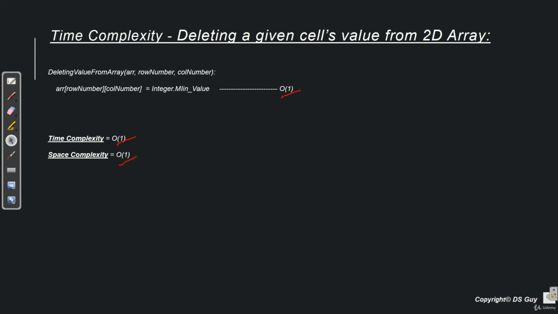Fine. So in this video we have learnt what the common operations are that can be performed on a 2D array. Hope everything was clear. Now in the next video we are going to revisit all the time and space complexity of all the operations that we have performed on a 2D array. We need to do that so that we reinforce our learning and we don't forget it. So thanks for your time. See you in the next video.